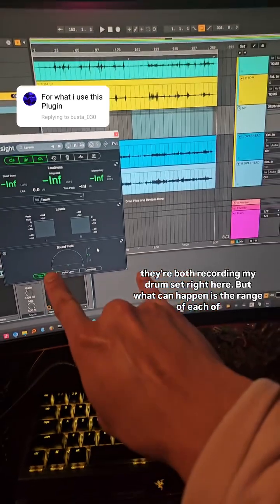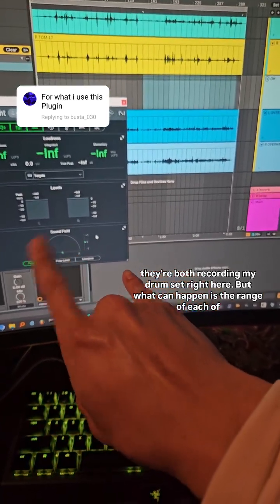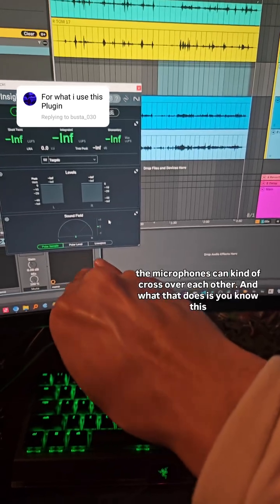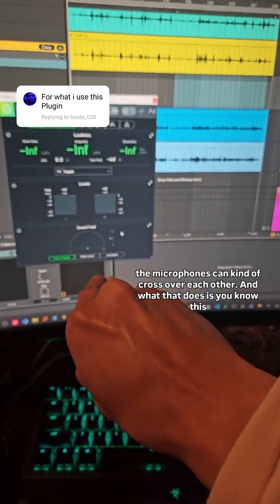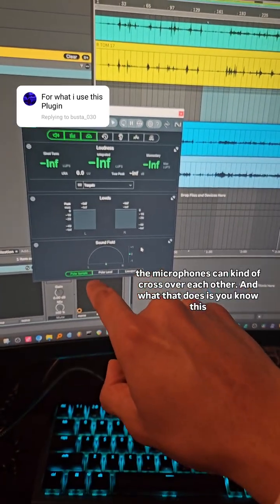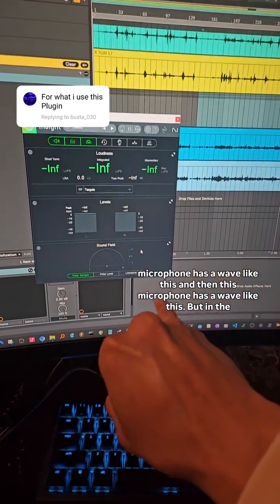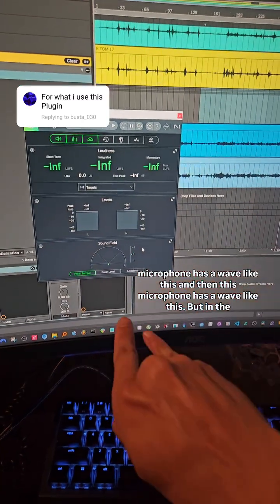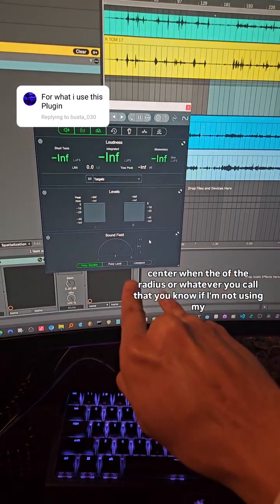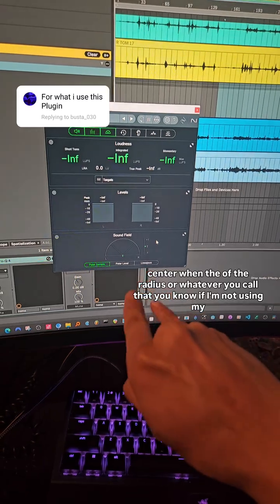But what can happen is the range of each of the microphones can kind of cross over each other. This microphone has a wave like this, and this microphone has a wave like this, but in the center, of the radius or whatever you call that,